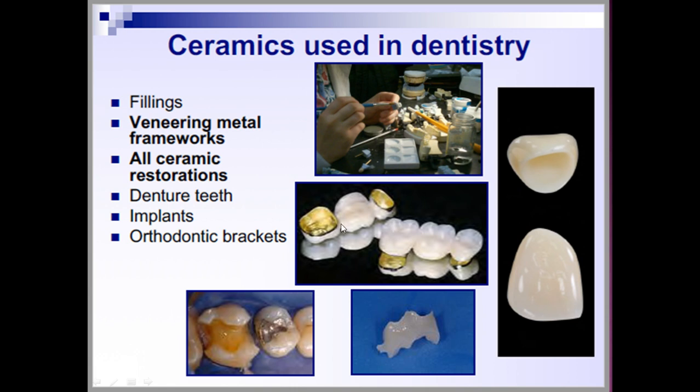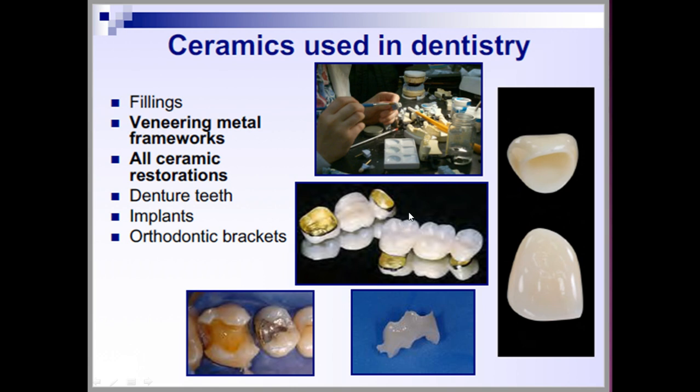So you can see here you have a metal inside and a layer of ceramic on top of it. These are called jacket crowns, where part of the restoration is in metal and the other part is in ceramic. Porcelain, or ceramic, is used to form a layer of tooth-colored material on top of a metal structure. This ceramic is fused to the metal structure. These are called jacket crowns.